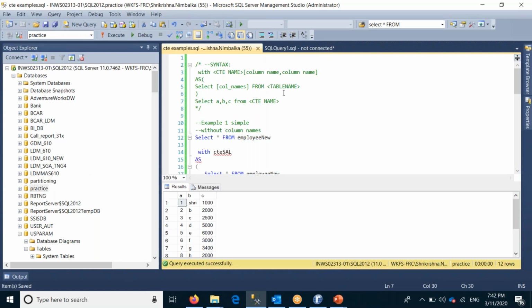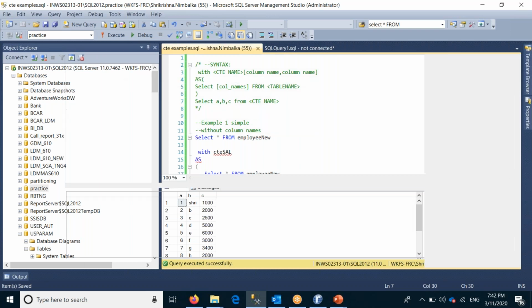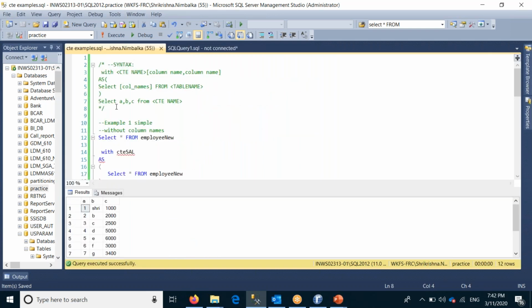So I have opened SQL Server, and this is my practice database wherein I have one table whose table name is employee new. Before that, we'll see the syntax of CTE.